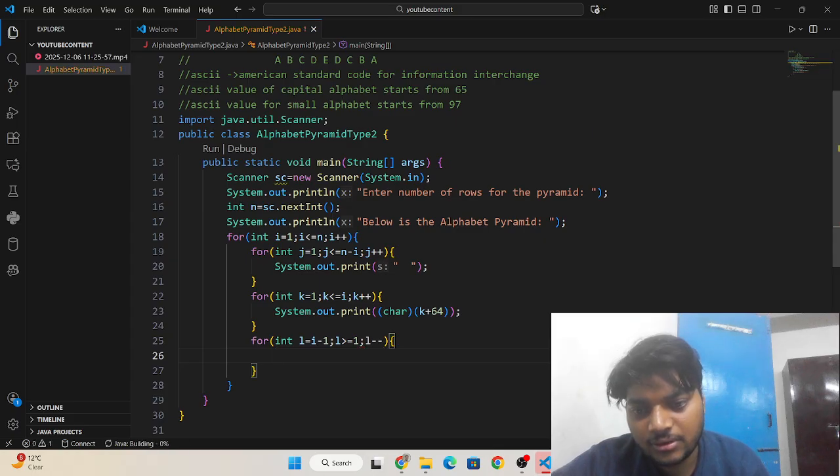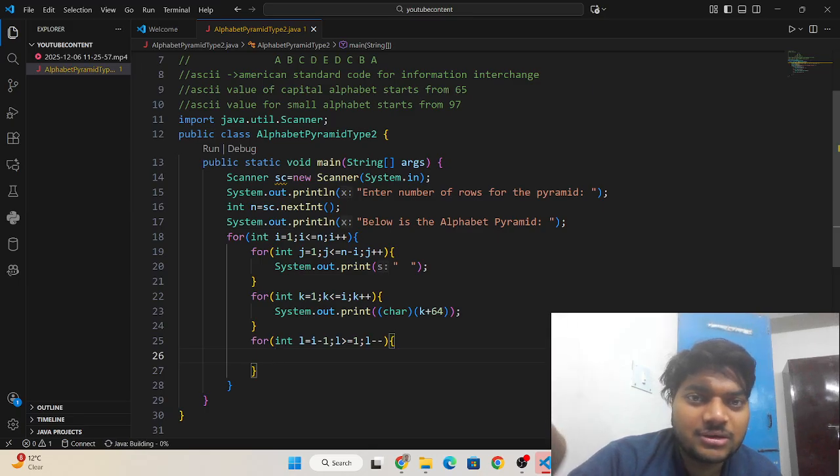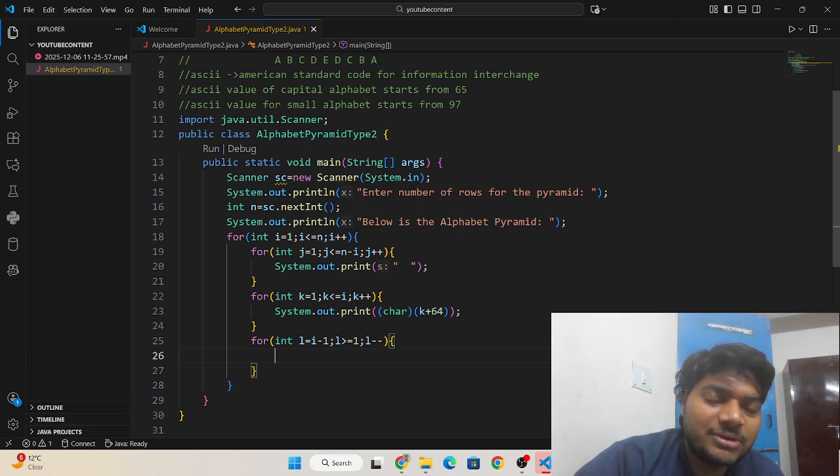Okay, if we are in the first row it is starting from 1 minus 1, in the second row from 2 minus 1, in the third row from 3 minus 1, meaning it will print 2 elements. In the fourth row it will print 3.